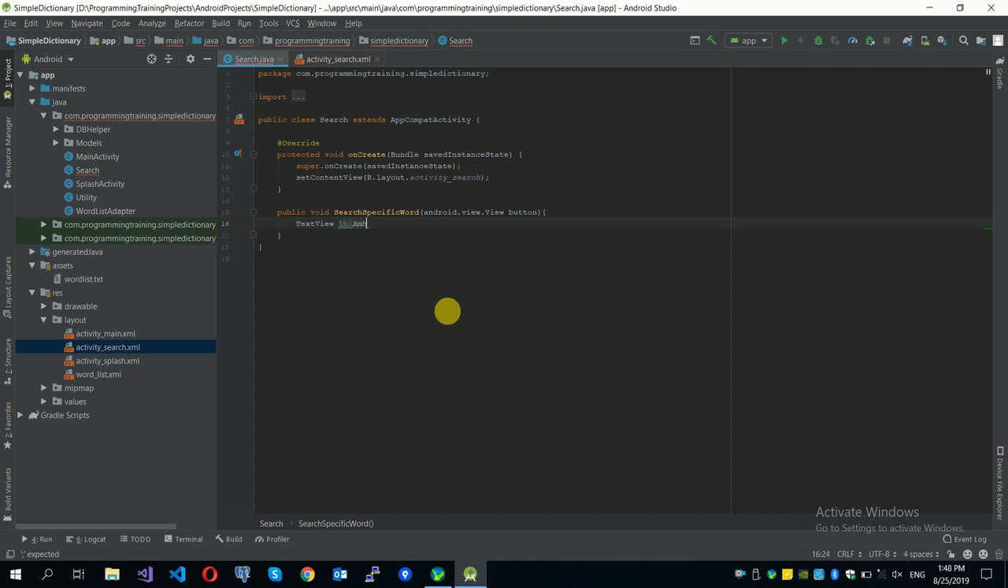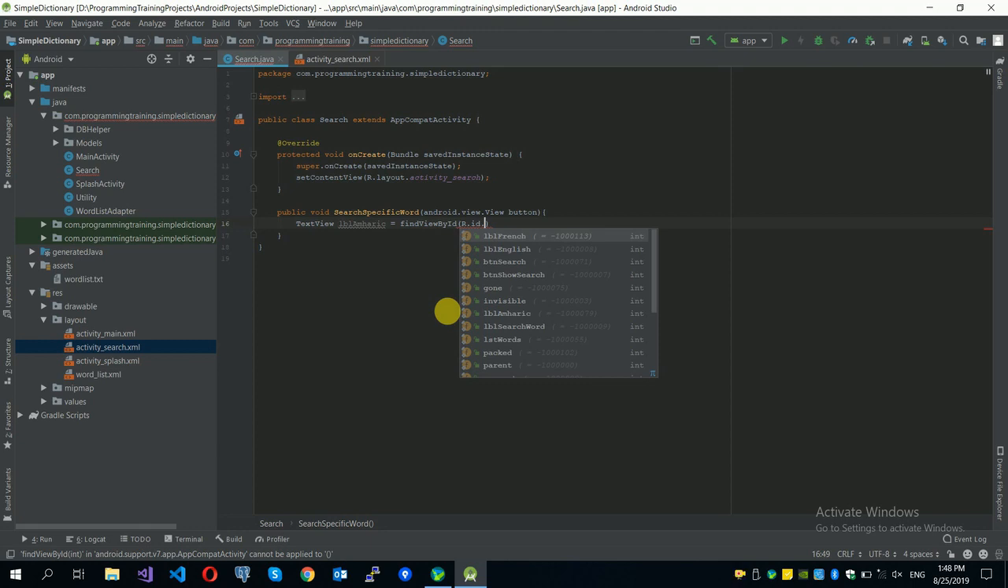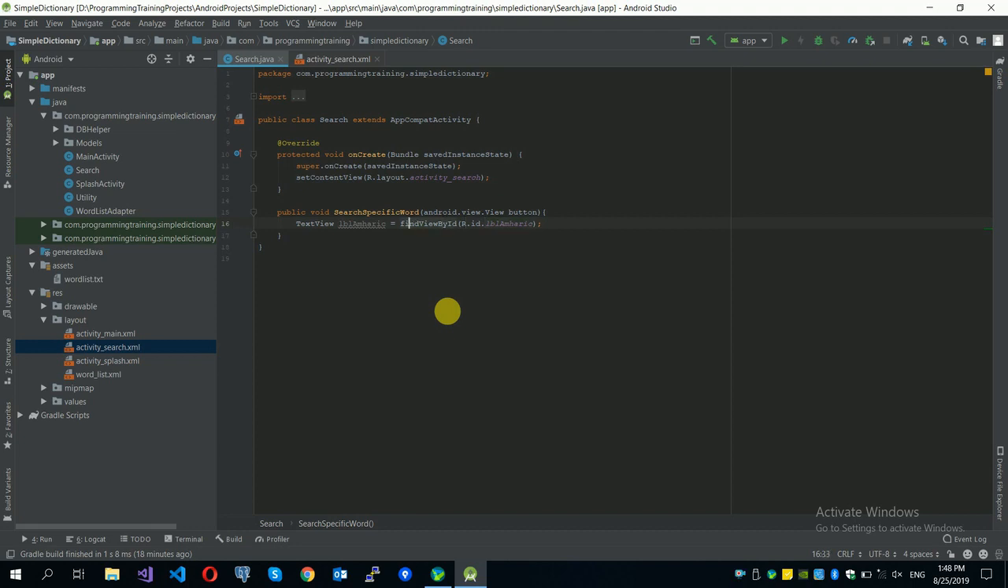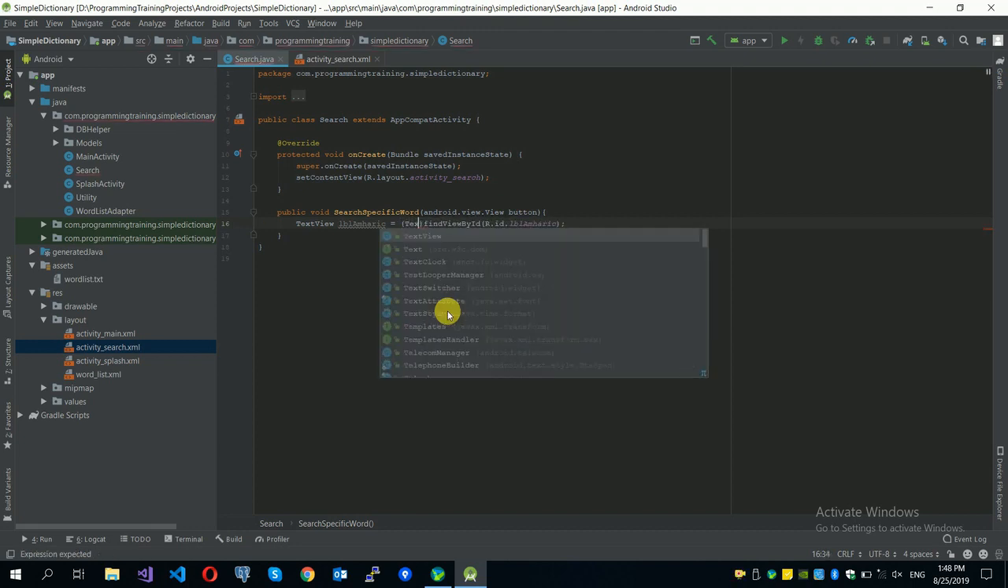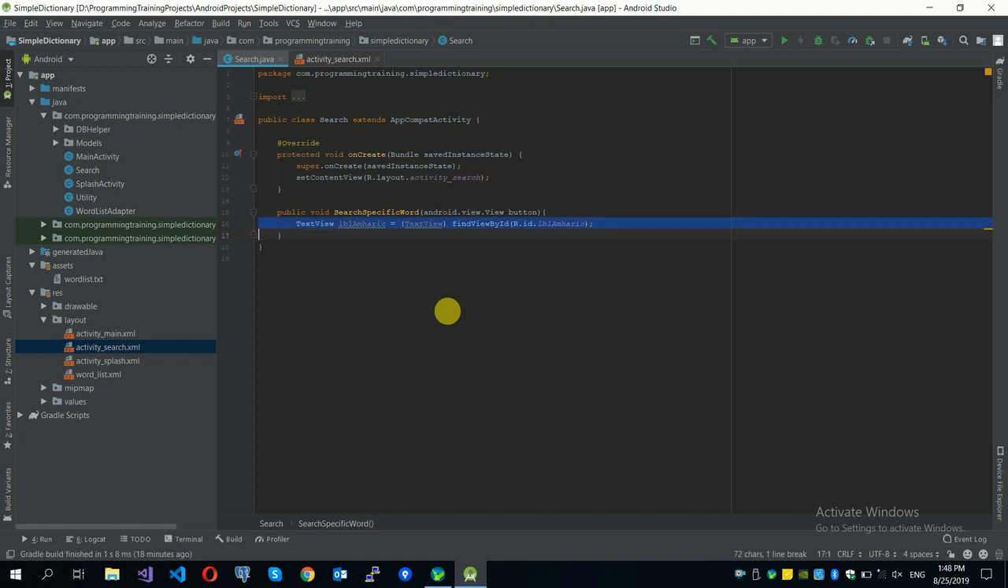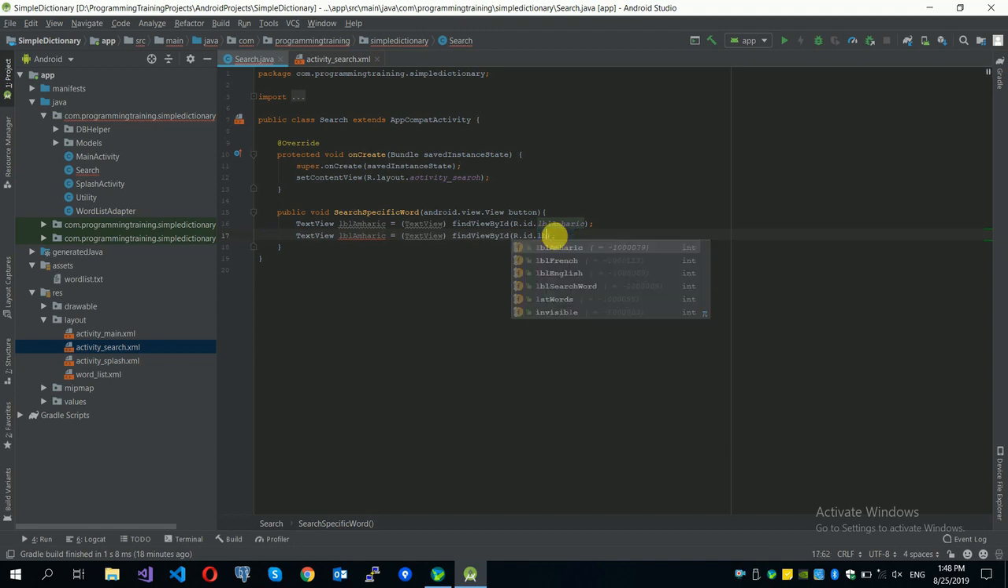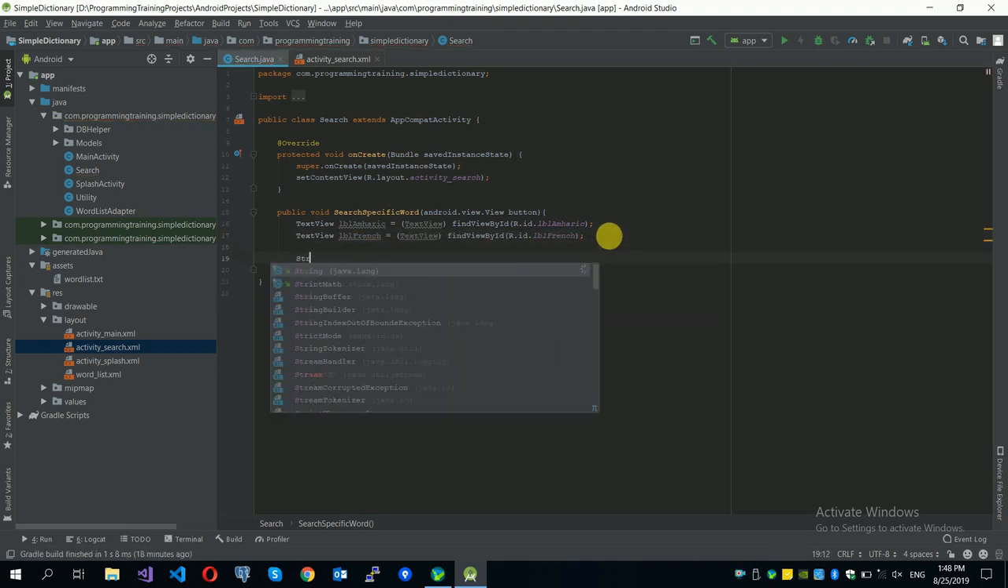lvl Amharic, R.id.lvl Amharic. So let's convert this to a TextView and let's copy paste this one. The other is lvl French. Okay, now string